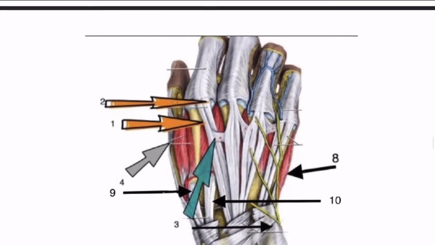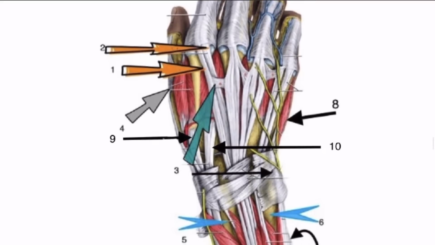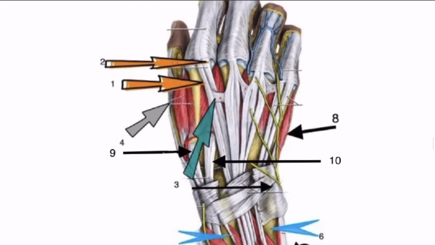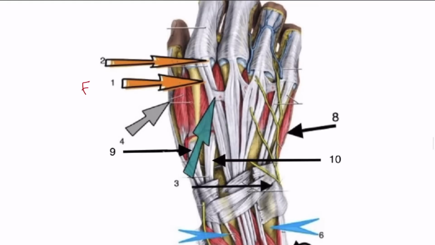Right. So this one is a quite tricky diagram, and I believe we haven't come across it before. These will be the extensors of the fingers and the extensors of the wrist as well. Looking at this one, let's start from the distal. You have sort of four tendons. Number one, that will be the extensor digitorum, and then two, that will be the extensor indicis, and you have